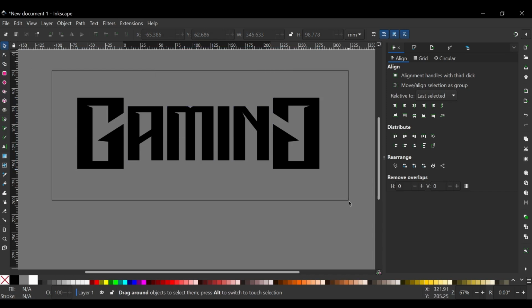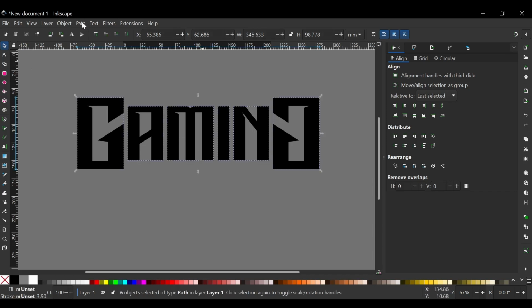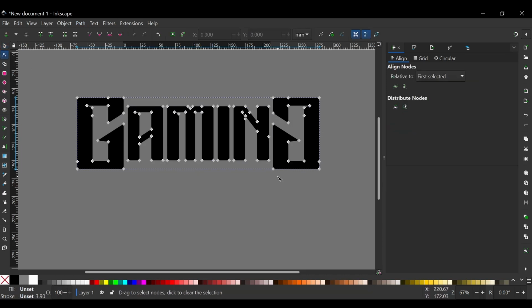And now I'll select over everything. I'll go to Path, Union. And what I want to do now is, with that selected, press N to get the nodes tool, select all of these bottom nodes, and drag them down. So I'll just click right there and I'll just drag my mouse horizontally to select over all of those. Actually, no, I want to select